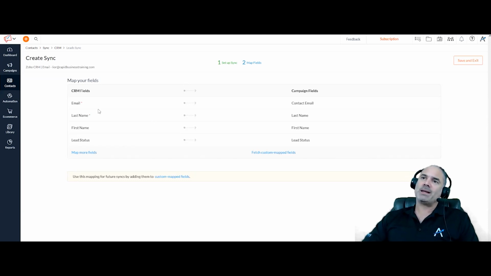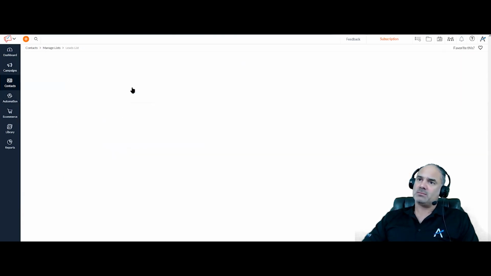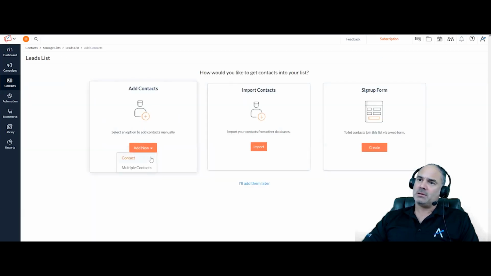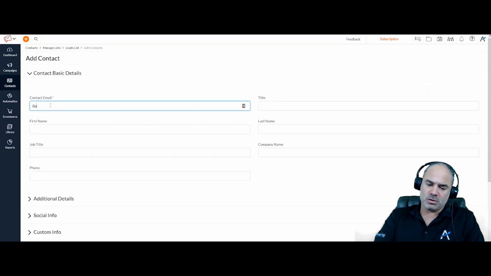then it will automatically be pushed into Zoho Campaigns, which means in your list, when you have a contact, let's create one contact manually so I can show you how it works.